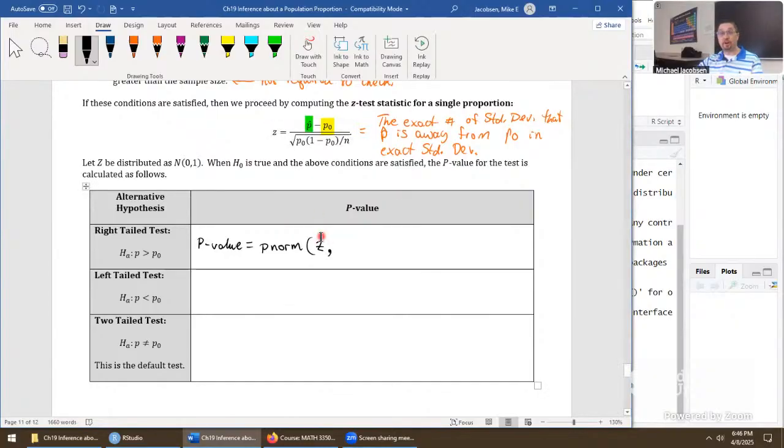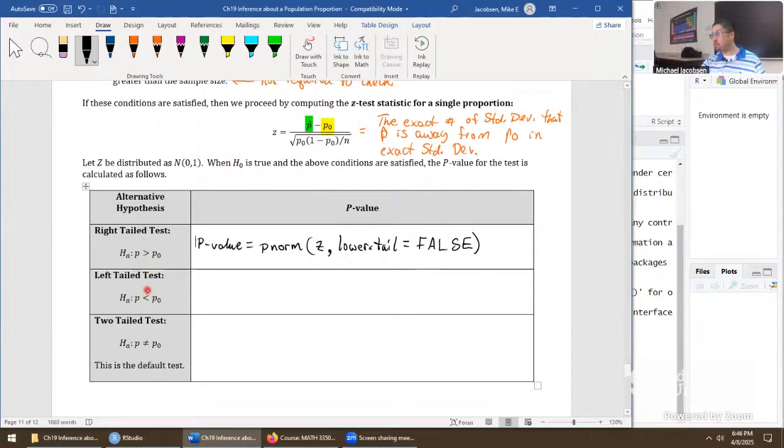That's pretty much it. We don't have to describe degrees of freedom. We don't have to say mean is 0, standard deviation is 1. That's the general assumption for p norm. We just have to control where the area is aggregated. Set lower.tail equals false. And I found in RStudio the other week that if you are writing out false entirely, it has to be all caps. So we shouldn't forget that here either.